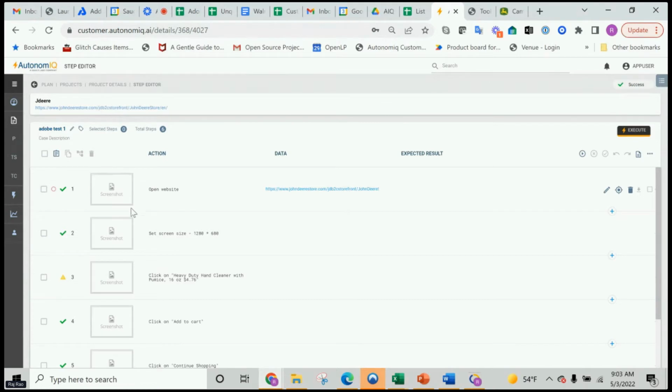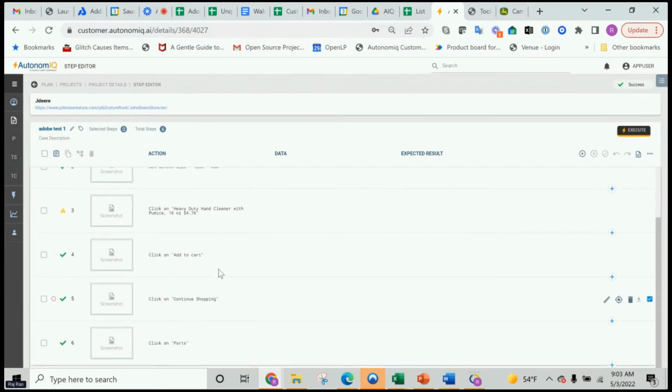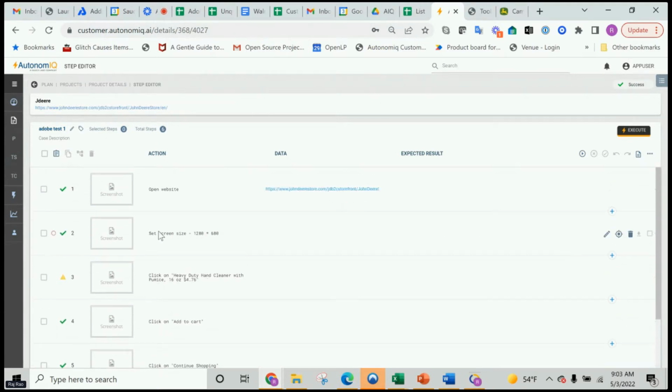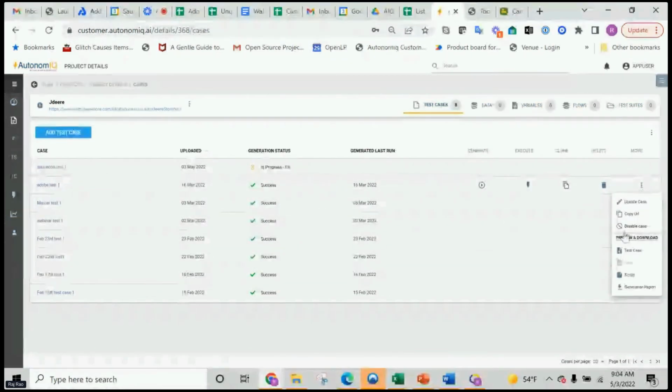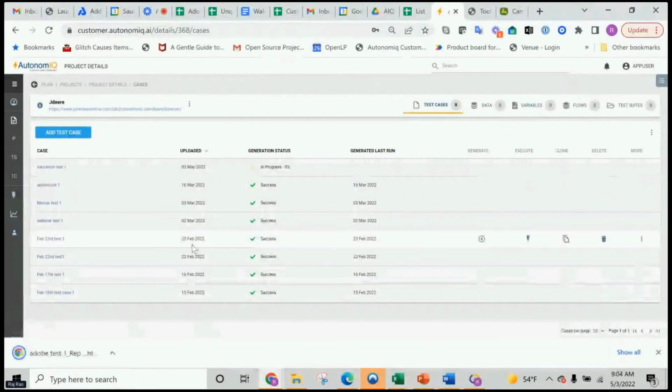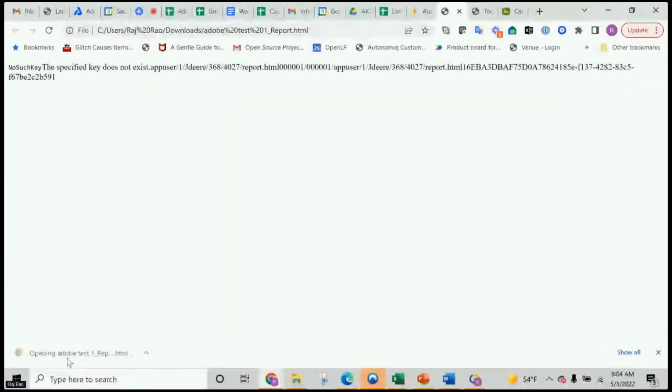For example, here you can see it has processed all the steps, and it has generated a report for us, and source code and report for us, right? So if you go to project details, you can go check on any one of these, and here is a report,